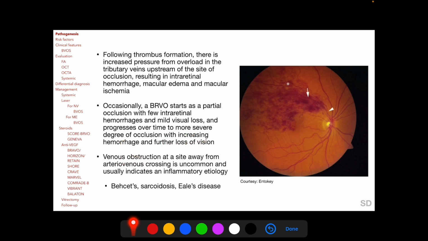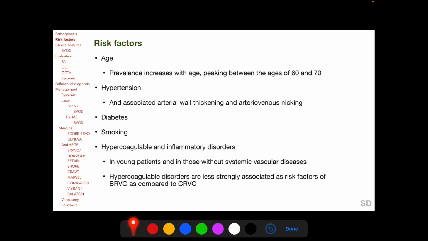Venous obstruction at a site away from an arteriovenous crossing is uncommon but can occur, and usually indicates an inflammatory etiology such as Behçet's disease, sarcoidosis, and Eales disease, and in this group of disorders we will find sheathing of the involved vein. Risk factors of BRVO include age, with prevalence of BRVO increasing with age and peaking between the